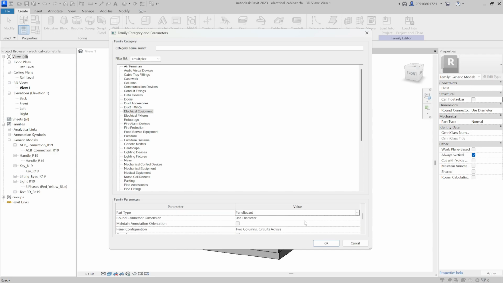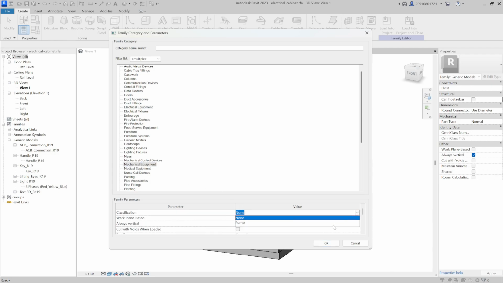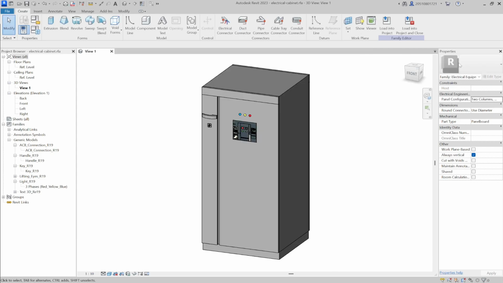Another option to consider is the round connector dimension. You can specify it using either radius or diameter, depending on your design needs. If you're working with a mechanical equipment family instead, the window will include a classification setting. For example, when creating a pump, you can classify it accordingly in this section to define its role in the mechanical system. Once you've chosen the appropriate category and adjusted the parameters, click OK and then open the Family Types